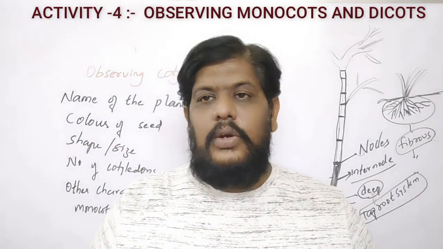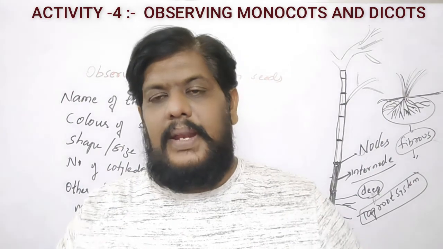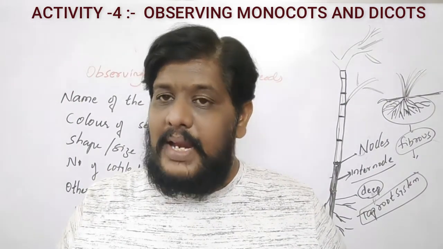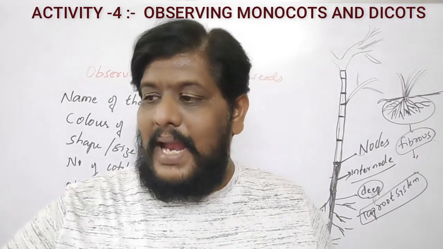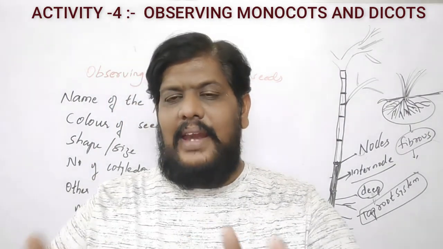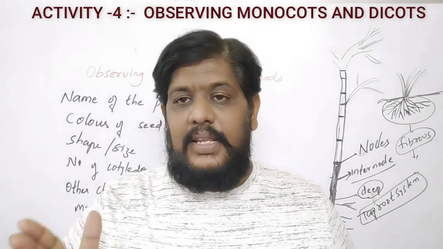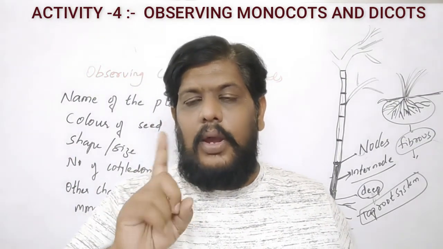So now what we'll try to do is observe the monocot plants and also the dicot plants. As we have already studied here, there are different characters in the monocots and the dicots. We have already discussed the differences between the monocots and the dicots, and one point to remember: